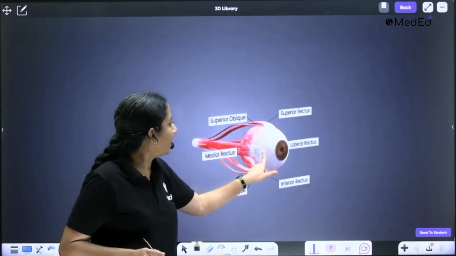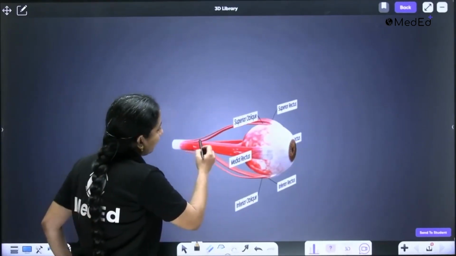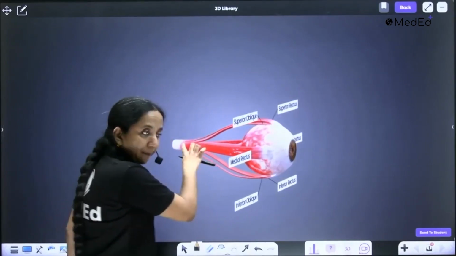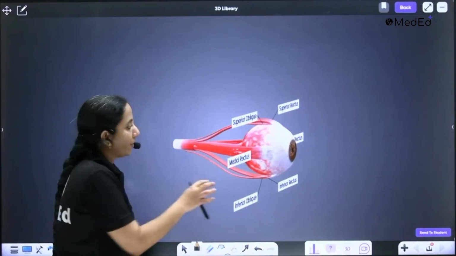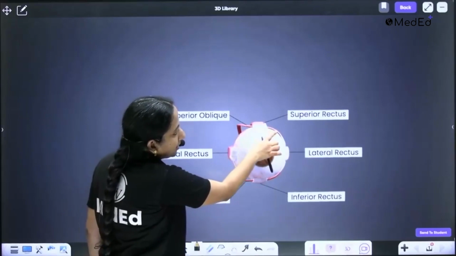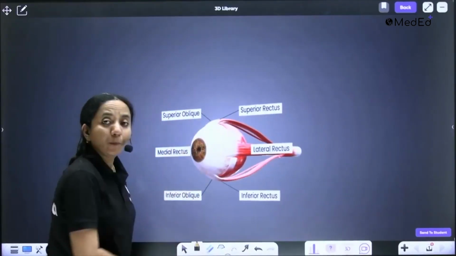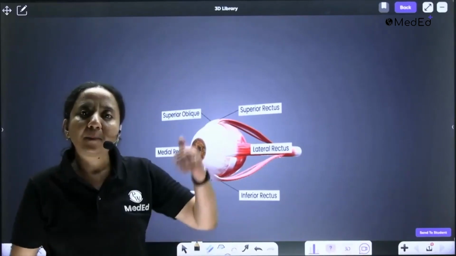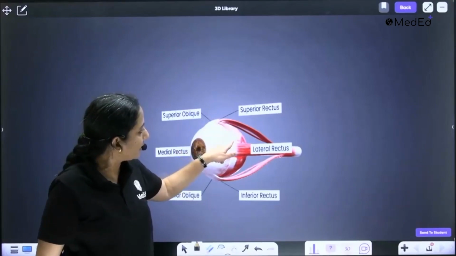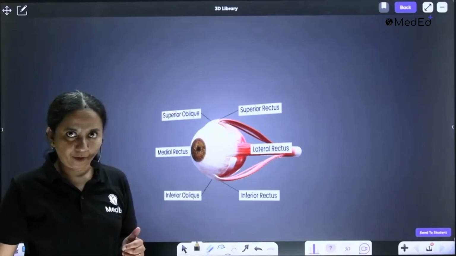So let us look at the cone once more. You may get a better orientation. The superior oblique started from here like this. It came from the apex of the orbit, but it's not originating from the annulus of Zinn. Then it comes in front. Then it turns to this side and ultimately gets inserted in the superolateral quadrant above the lateral rectus. So this is the lateral rectus on the lateral side, and see, this is where the superior oblique is inserted in the superolateral quadrant.